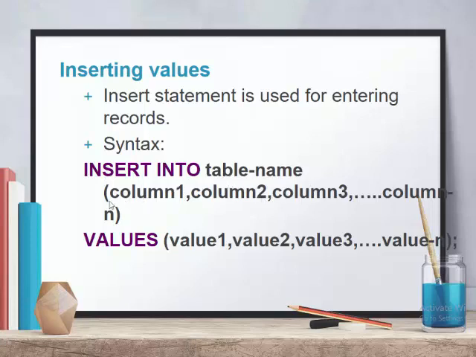After the table name there is an opening parenthesis. Within the opening parenthesis you have to specify all the column names separated by a comma. Parenthesis close. Then the required clause is values, and within these values you have to provide the values which you want, and the values must also be separated by a comma. Column 1 and value 1 must match. That is, if you are specifying column 1 as roll number, then the value must be a number. If you are specifying the column as name, then value 2 must be a string type value.